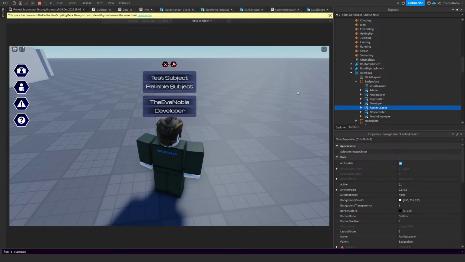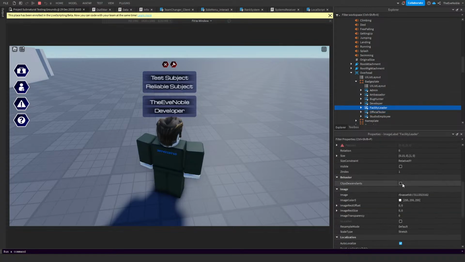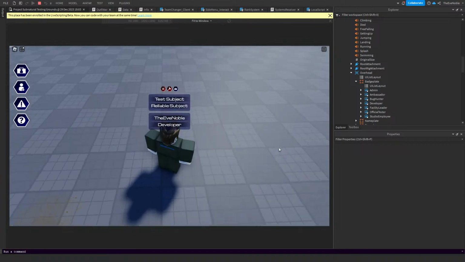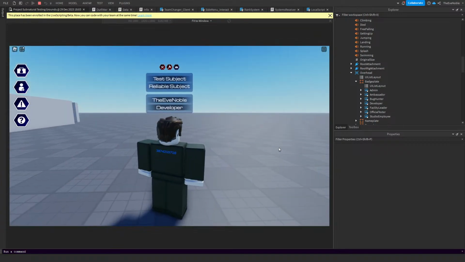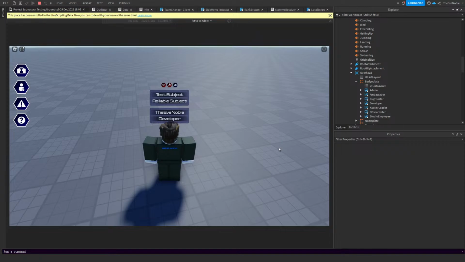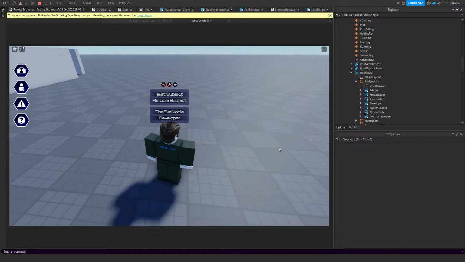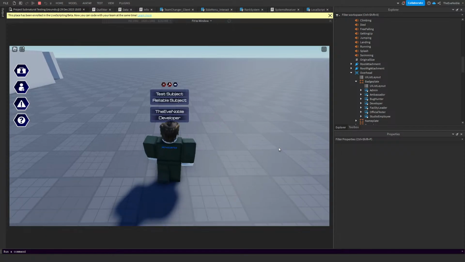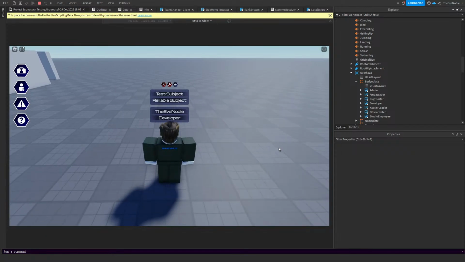Once you reach the maximum rank for that team alone, there is going to be a special icon that appears at the top of your UI, and it will basically be a crown. Basically, that indicates that you have reached the maximum rank of that team. And this is only for the team that you've reached the maximum rank on. Say you're a test subject, you're on the test subject team, and you reach the maximum rank for test subject,